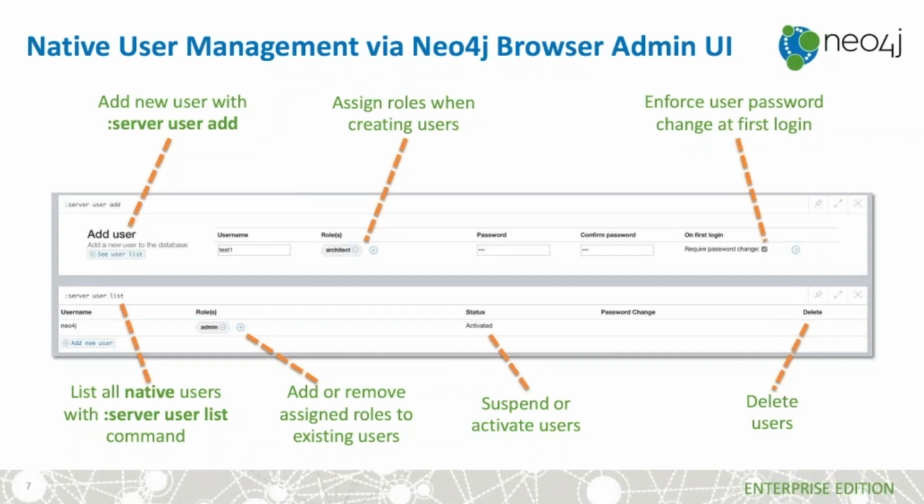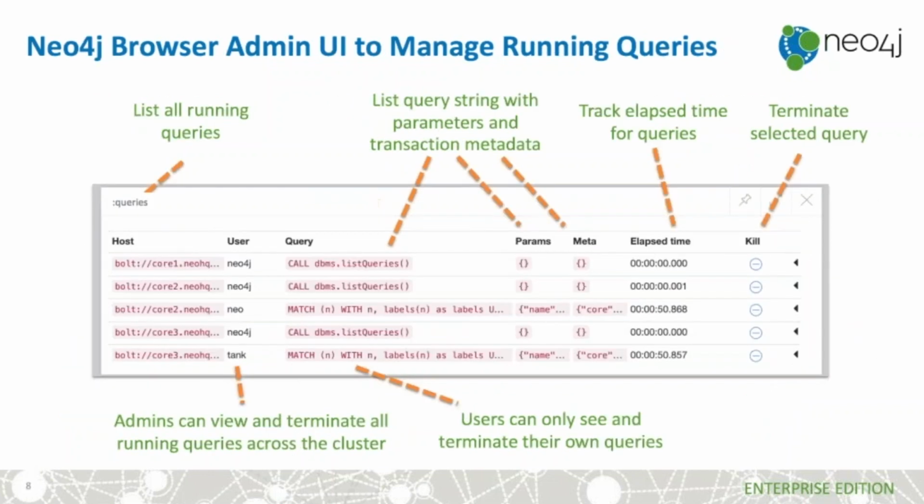Another feature that Philip talked about earlier is the ability to list and kill queries. Again, we built a nice user interface to do that. Here you can see now we have multiple users. You have three different users running queries on this system: Neo, Neo4j, and Tank. We can see the string of the query being executed, and we see which parameters are passed to the query. And a really interesting feature here is that we are now allowing you to specify metadata with your query, so you can pass any number of key-value